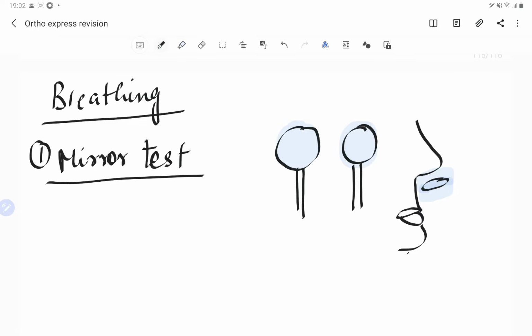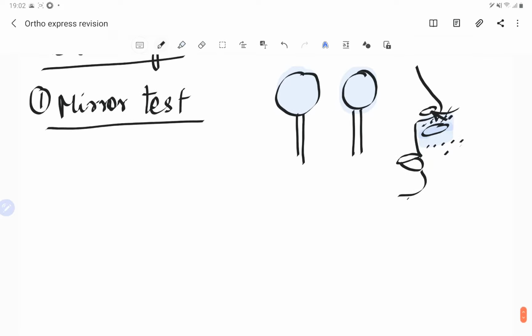So what happens when the person is breathing? There is fogging present at the nasal side, right? Fogging is normally present at the nasal side, because when the patient breathes, that is going to fog the nasal side of the double-sided mirror. But in the case of a person with a mouth breathing habit, what will happen? With an oral breathing habit, the fogging will also be present at the oral side. So that will tell us what kind of breathing a person is having, either nasal breathing or oral breathing.